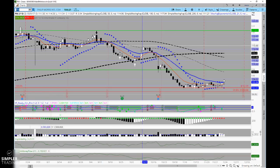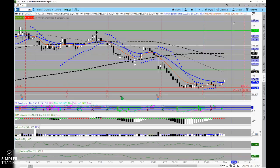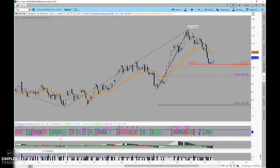In PM, this was a name where one of the questions that came up was, why might you not look at this as a bear flag? If I was just looking at the daily chart, that is something that you might have been able to say against it, but I think looking at bigger time frames is so important, and it makes sure that you're going with the overall prevailing trend. In this case, not only is that helpful in recognizing this area of support, but one other thing that you